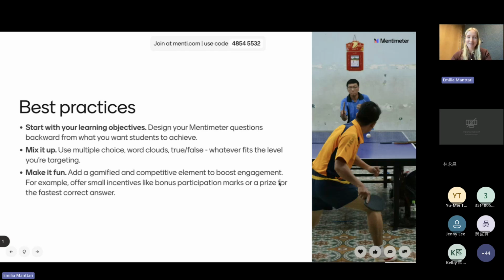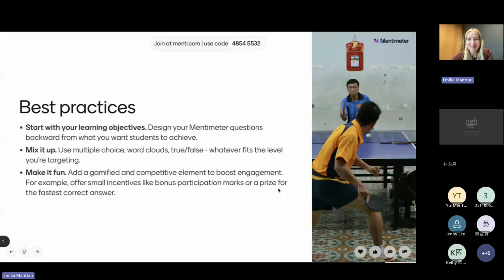I would also recommend that you really mix it up. Depending on the level that you're targeting, you can mix different question types. For example, on the first level, we had a lot of those polls and asking people to submit simple answers. And then maybe the open-ended question where people need to type their answers and really think about it thoroughly is a great way to take it a little bit deeper and apply that critical thinking.